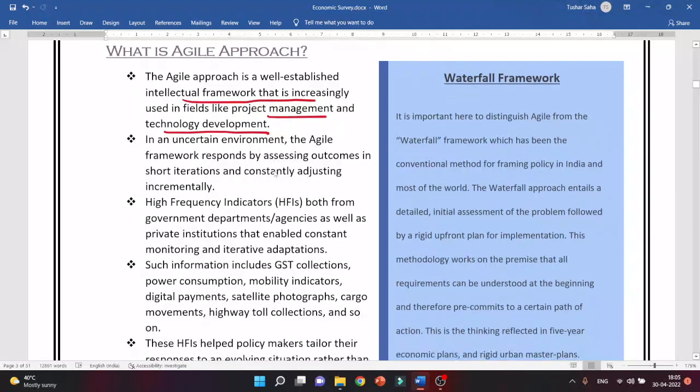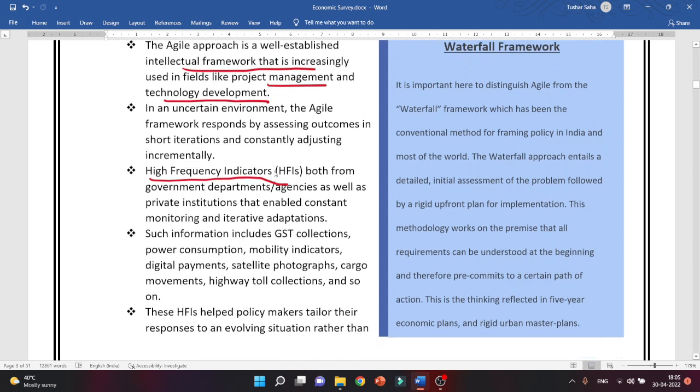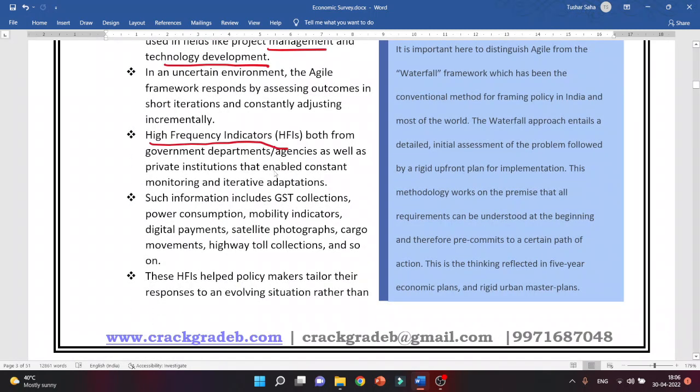Means in an uncertain environment, you do not actually know, because you don't have any experience of that uncertainty. That is the important thing of an agile response. So what you do, you constantly change your plan based on the feedback that you receive. The feedback that you receive are very high frequency indicators. Okay, very high frequency means even if you make small changes, the effect it is going to have in